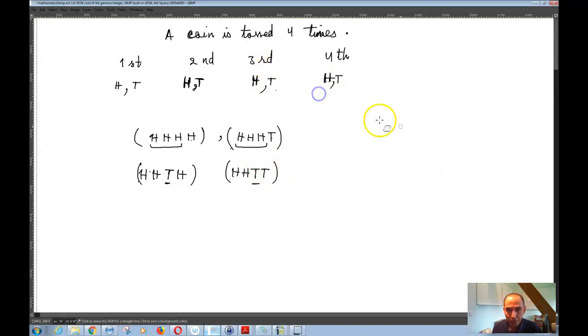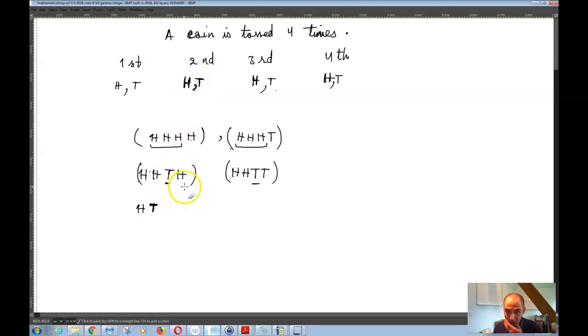And then once this round is complete, then you need to go back and switch this one, meaning that I will write H instead of H this time. I write T, and